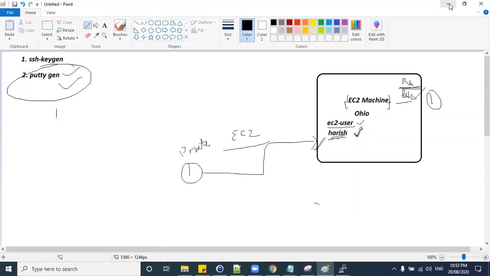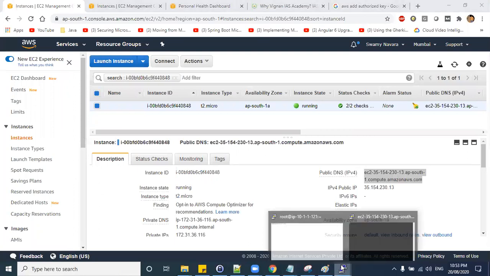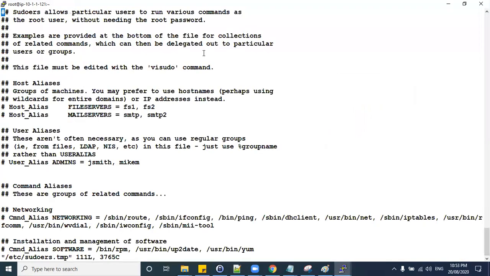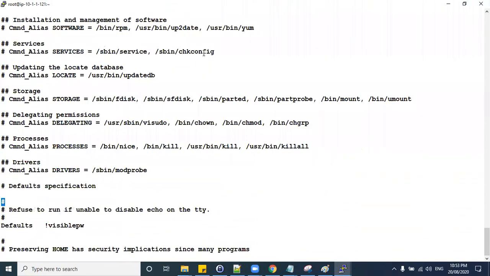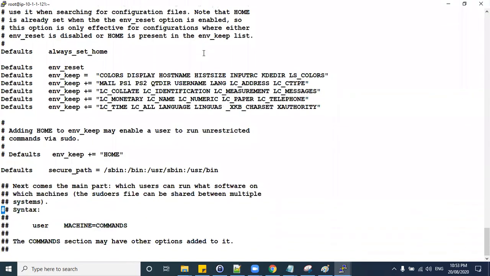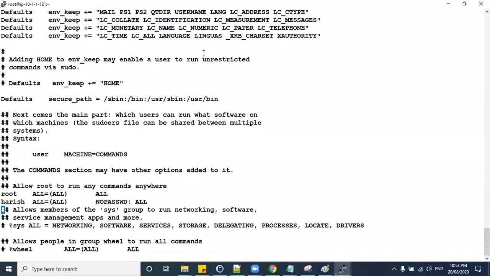Okay. So I'll quickly do the steps since you already know what the method is, right? User and ABCD, and sudo. I guess under root access only.